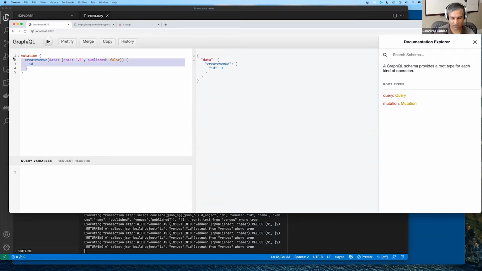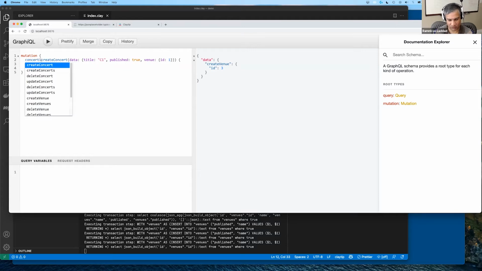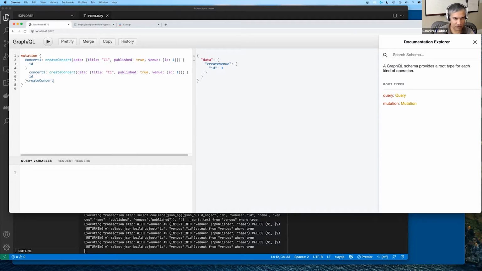So similarly, let's create a few concerts and connect them to a venue. So I am going to create here concert. Concert needs title. Let's call it C1, published, sure, and which venue we want to host at, the ID 1. So we're going to create some symmetric data. So venue concert 1 is hosted in, so we can do it in one shot. Let's do it that way to save time. So I'm going to create concert 1, concert 2,